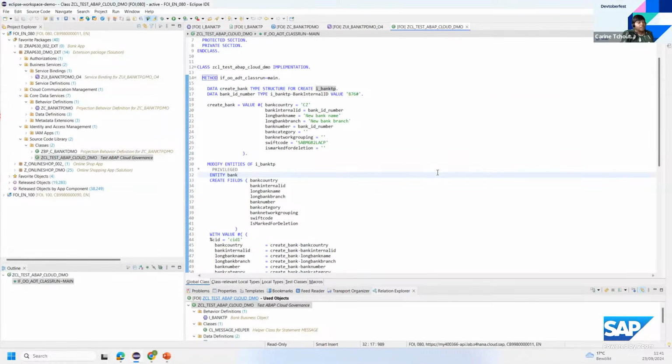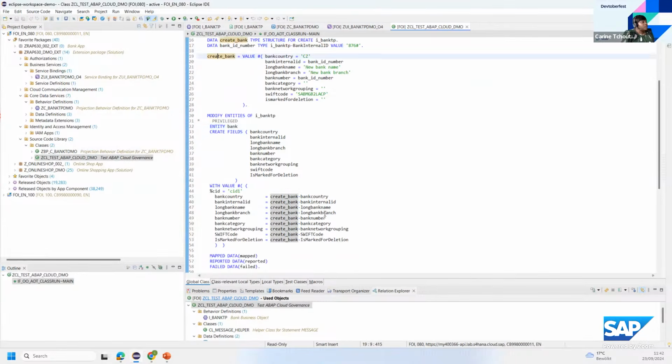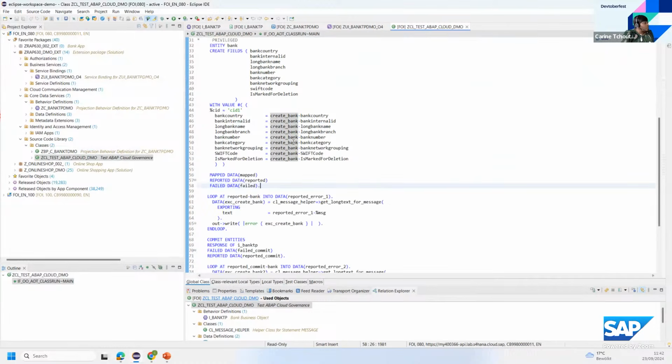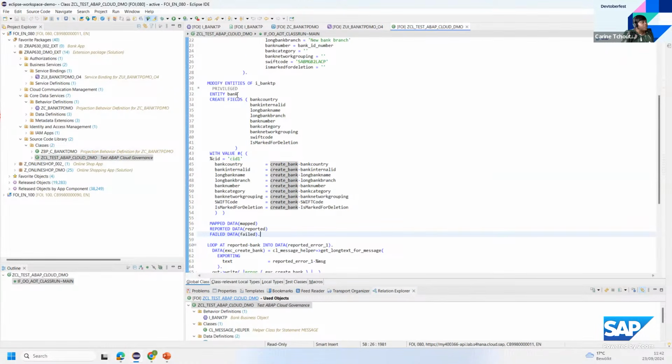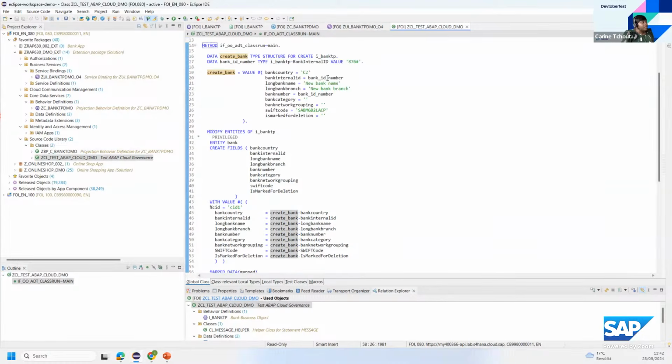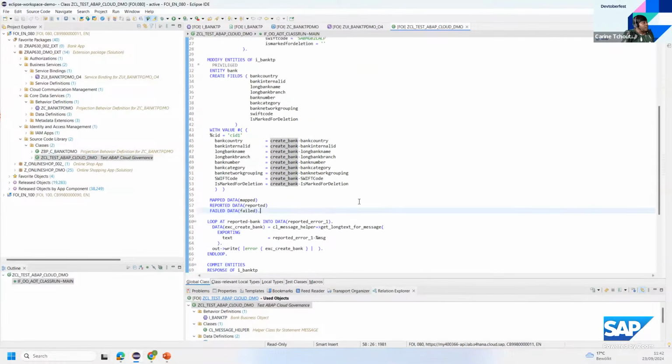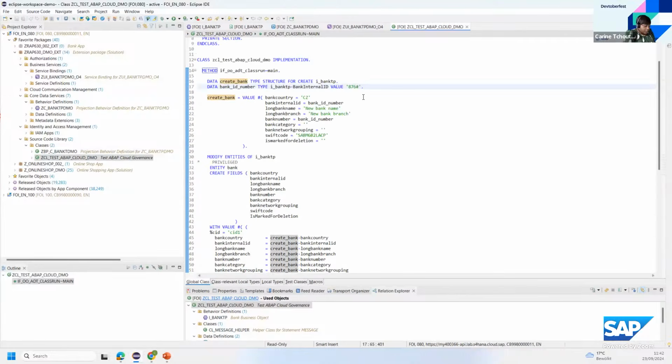So that means in a context even outside of the RAP context. And here I have a code, and you can see I'm trying to modify the information by creating a new bank here. If I provide a number, a new ID, and just activate,